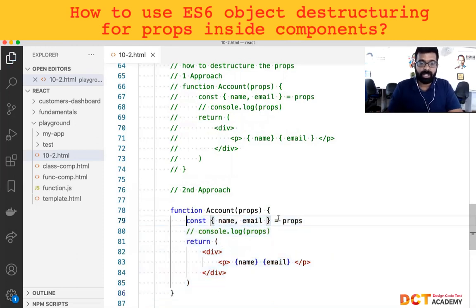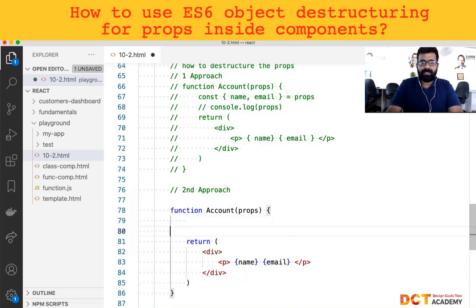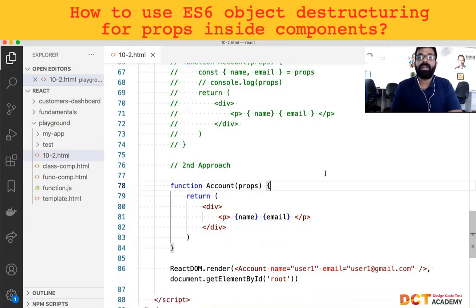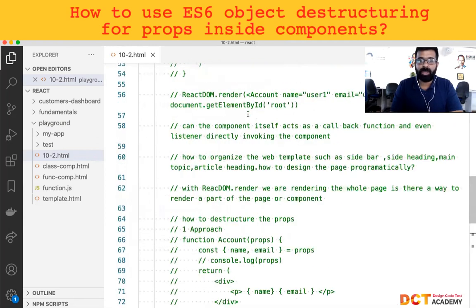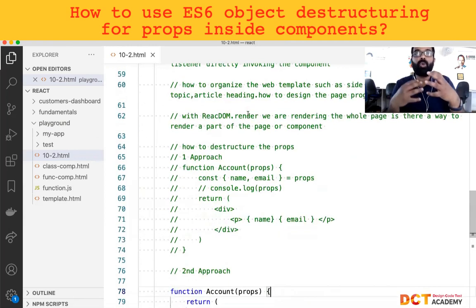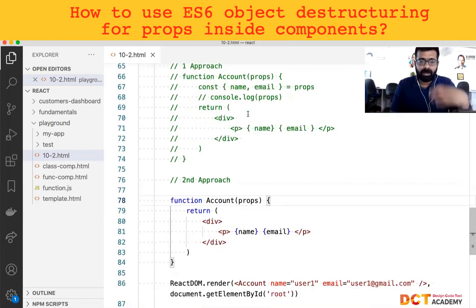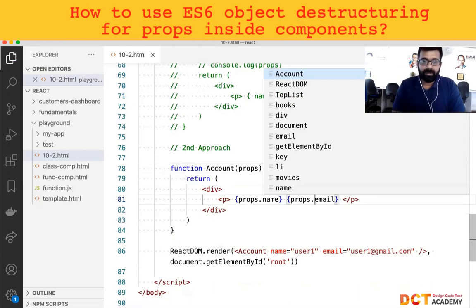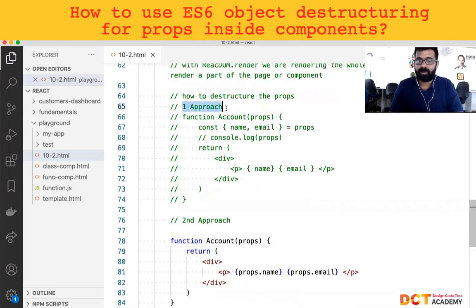Now, the reason why I have not done this in the lectures so far is that in the future you will learn the destructuring concept, but so far we are manually doing props.name and props.email so that you get more comfortable with how to use prop values inside the component. The moment you get comfortable with it, you can either take the first approach that I've shown you, where you destructure the props like this, or